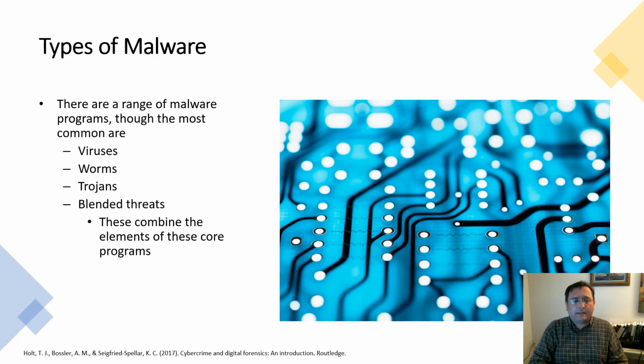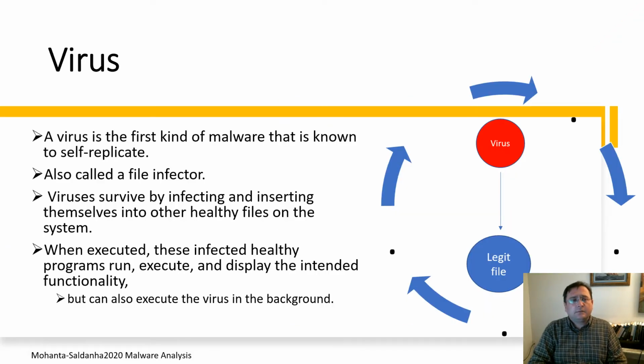And there are various malwares that I'm sure many of you have heard of: viruses, worms, trojans, and blended threats. A virus is typically the first kind of malware that's known to self-replicate, and virus is indeed probably the most well-known malware in the community in the user's world. And a virus typically attaches itself to a program, file, or the boot sector of the hard drive. Once the virus attaches itself to that file or program, then the program or the file is infected, and